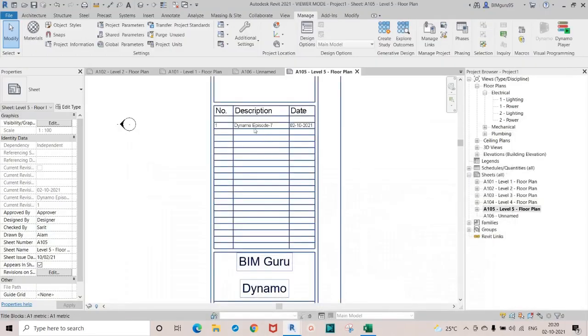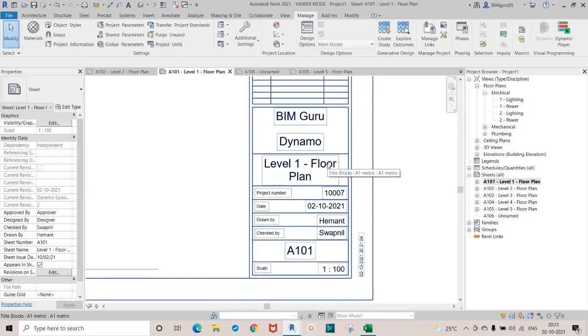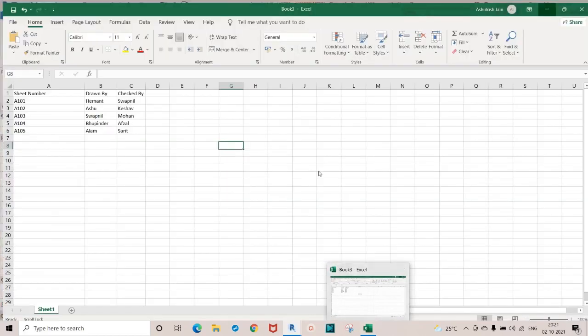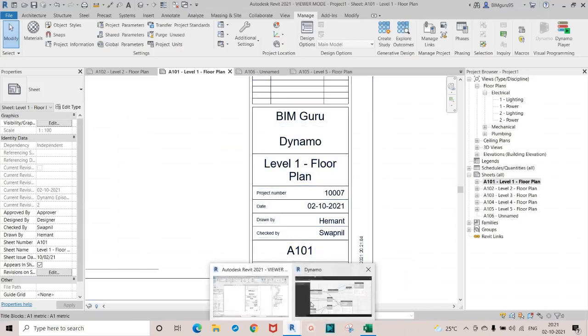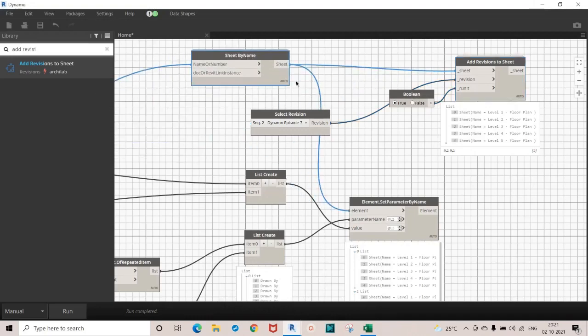If I go in the Revit itself, you can see revision 1, episode 07, and dated as well. So it's applied on all the sheets, if you see. And if you want to change, you can change whatever we have given in our Excel, for which sheets you want to apply. You can filter the sheets in Dynamo itself right there. You can assign the sheets accordingly, for which sheets you want to apply this revision, and then you can go with different kinds of things. So that's how we can fill all that data in Revit sheets with the help of